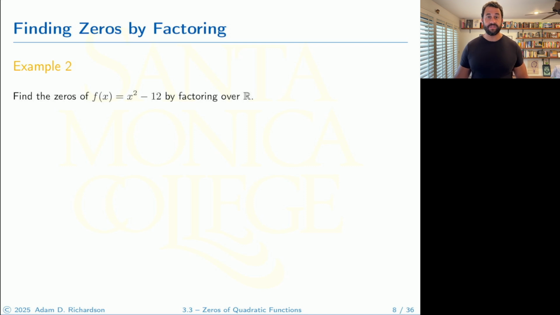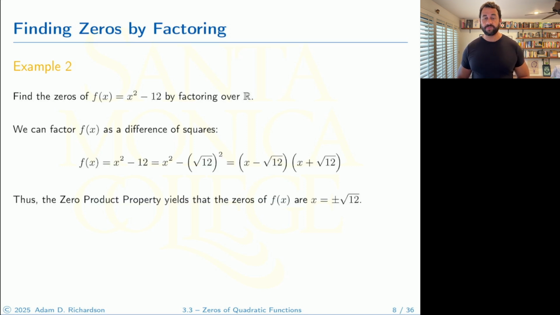Okay, now let's do it together. So remember that because we're factoring over R, irrational numbers are allowed to be some of our numbers. They're allowed to be the constants involved in this expression. Now, one thing that's really handy to notice is that this is actually a difference of squares. That's a difference of squares, and so we can factor it using that special factor form that we learned in the previous section. You just got to realize this is x squared, and this is the square root of 12